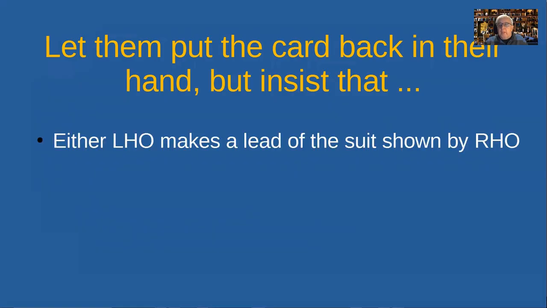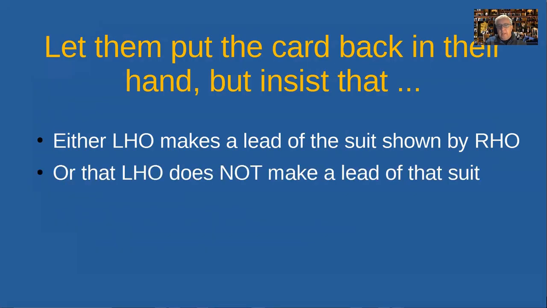So what the declarer can do is take advantage of that information for themselves. They can either insist that the true person to make the lead, their left-hand opponent, actually leads the suit that was shown by the right-hand opponent. And if that 9 was led, showing that it was just a singleton or doubleton, they might well want to insist that a club be led. Whereas if it was showing the king, queen, and a jack or 10 there, they might decide they don't want it led, and that's their other choice, that they can then choose whether or not the suit is led. And the quid pro quo for that is that the person who led the wrong card can put it back in their hand.